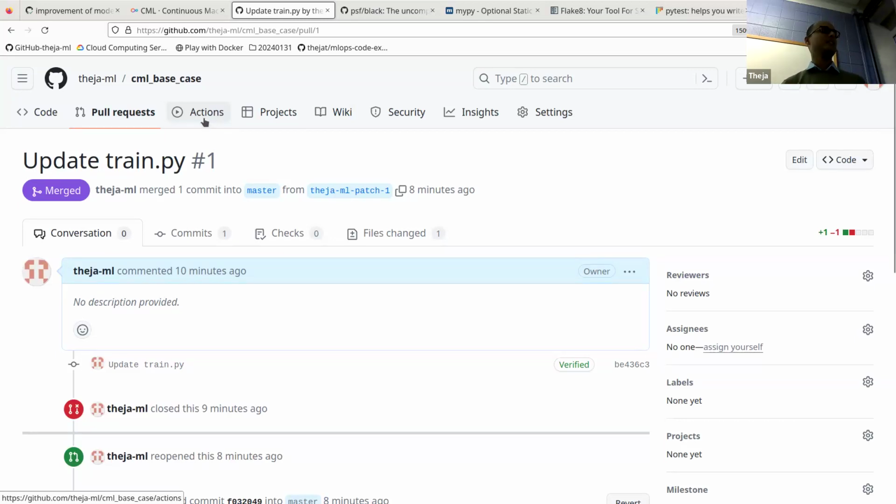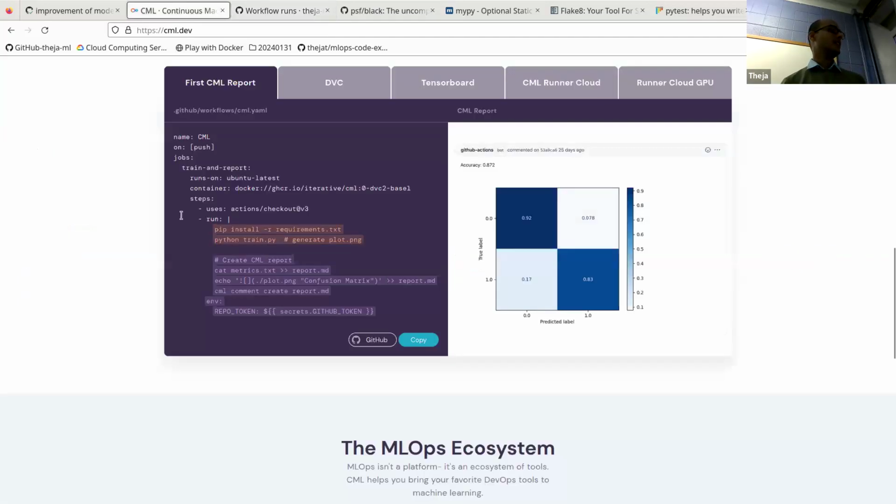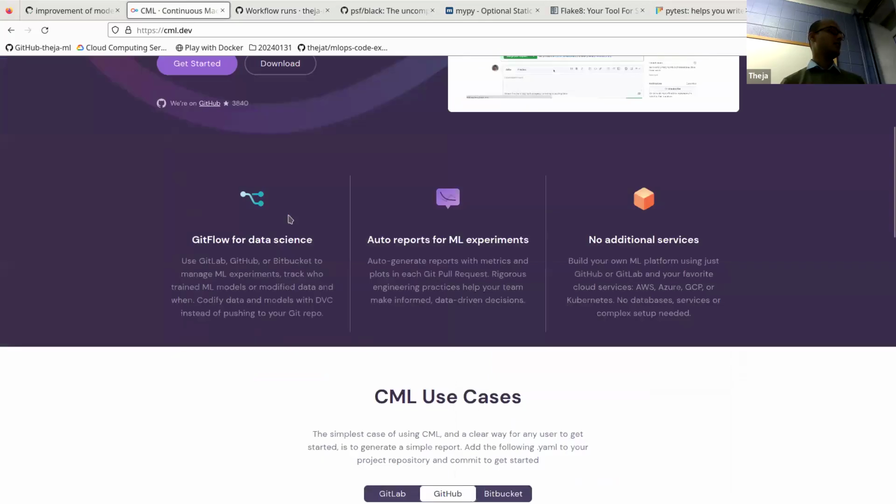If you go to Actions, which shows the jobs corresponding to the triggering, it has listed that job here. How did this train my model job come here? It's because in our repository there's a .github folder, within which under workflows there's a text file. The text file is exactly this file that you see, not this one, sorry.